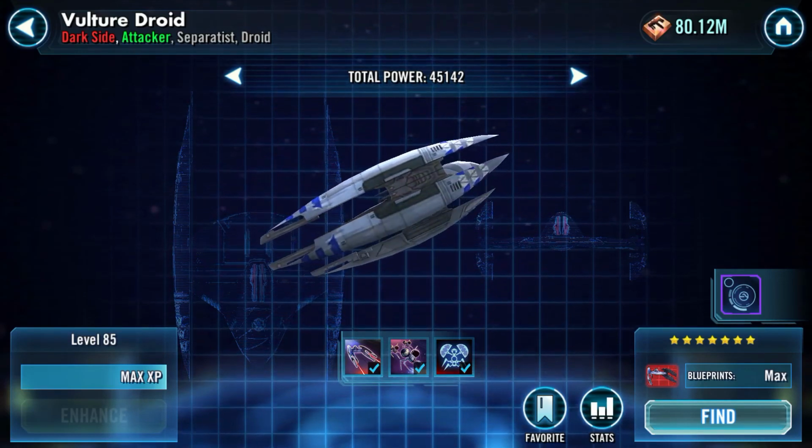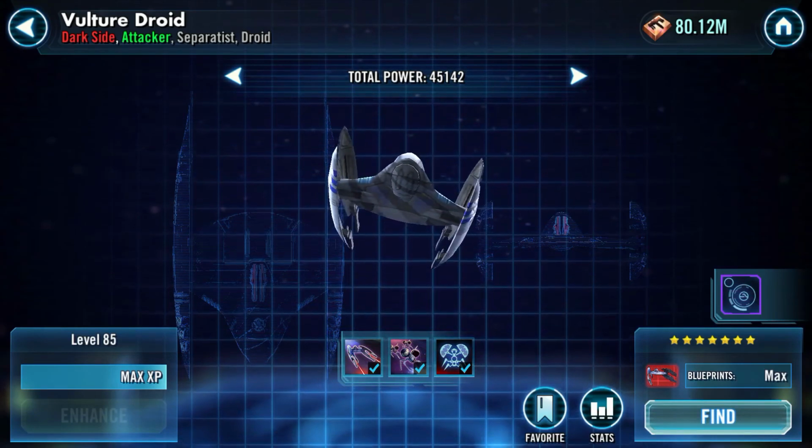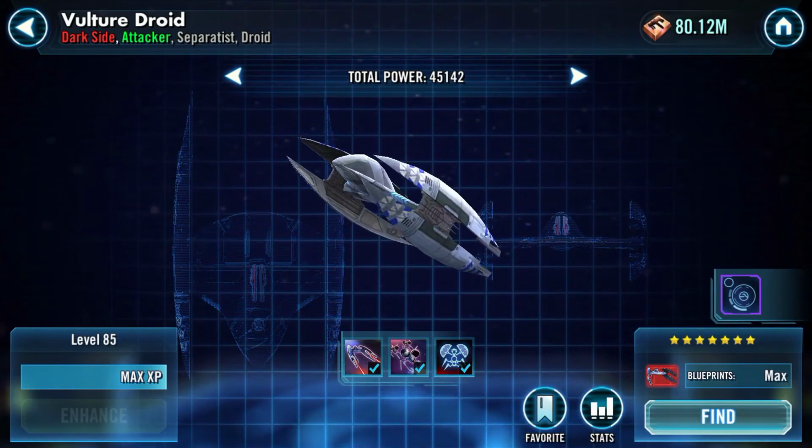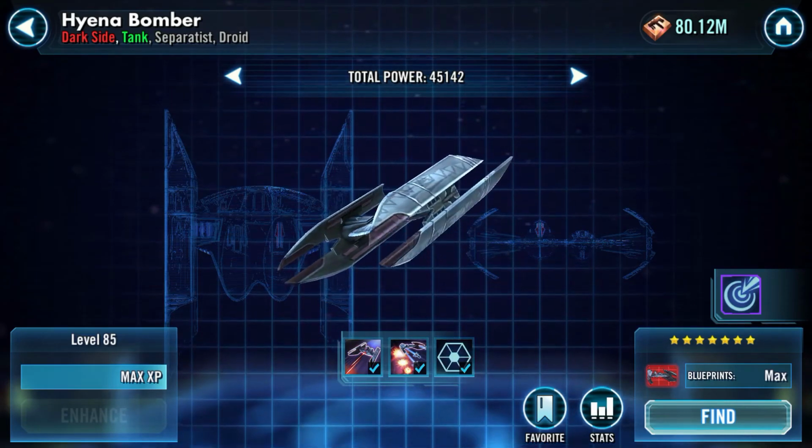A Vulture Droid will not be summoned to replace a defeated Vulture Droid if there are 5 ships on the friendly battlefield when the Vulture Droid is destroyed. This is a bug. Possibly the most crucial ship in the Malevolence fleet, the Hyena Bomber is a tough, taunting